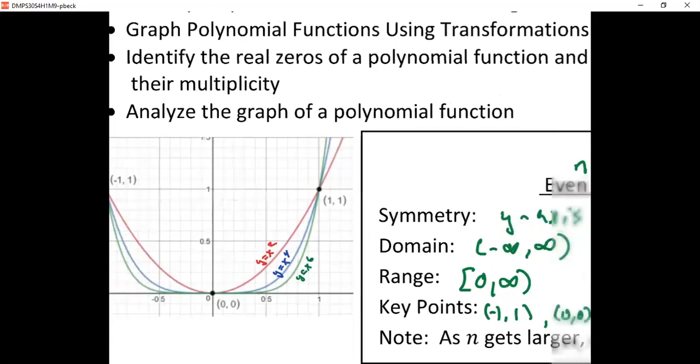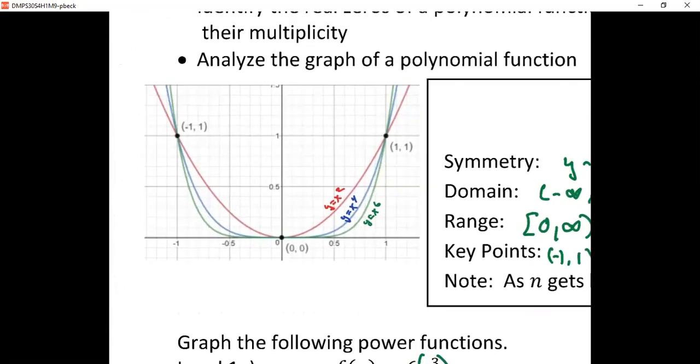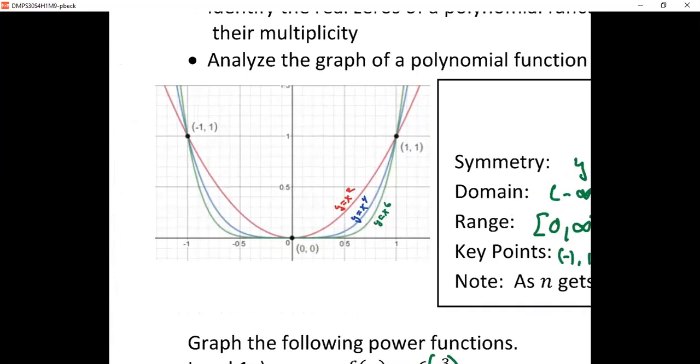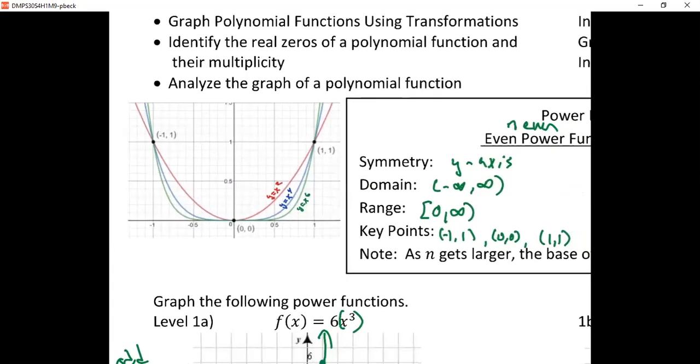All these different parent functions have different shapes. Now, there are similar characteristics that we start seeing as we look at all of them, and we ask, is there anything we can quantify about what happens to all power functions? As I look at these, they all have generally the same shape. The parabola, y equals x squared, hits the x-axis once, while y equals x to the 4th is a little wider, y equals x to the 6th a little wider, but they all have generally the same shape. So that's where we quantify that every even power function, when n is an even number,